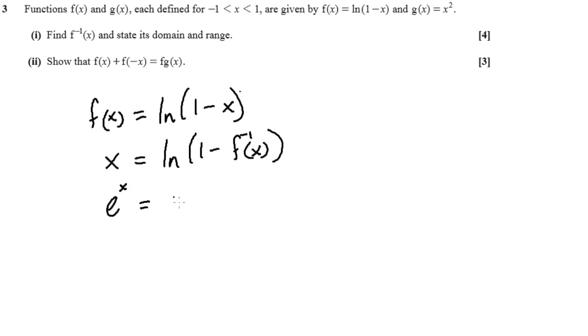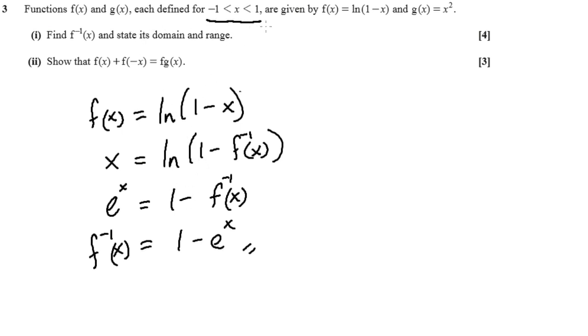e to the x is 1 take arc f(x), and that means that our inverse f(x) is 1 take e to the x. With that information, we can now state domain and range. So from the domain, from the range, it's already defined by the question. So range